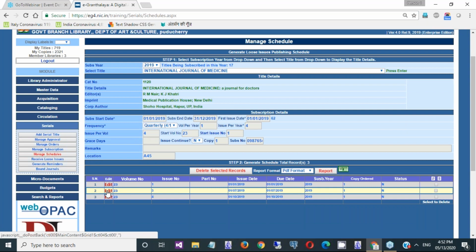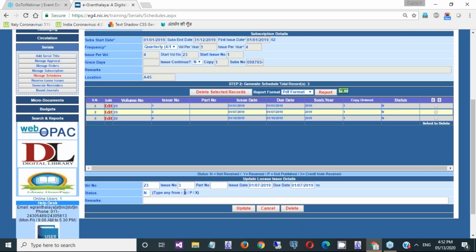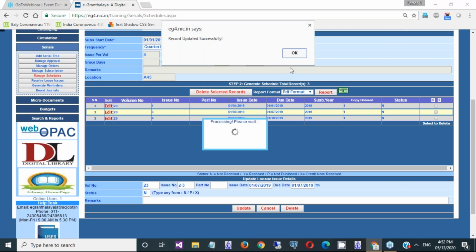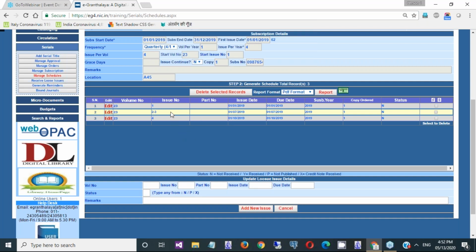This is issue number 2 and 3 merged. So whatever variation there is in the publishing of the loose issues of a journal, accordingly you can manage all kinds of situations here in eGranthalaya.